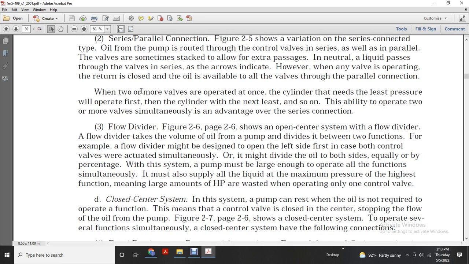Flow divider: Figure 2.6, page 2.6, shows an open center system with a flow divider taking the volume of oil from the pump and dividing it between the two functions. In this example of the flow divider, when both control valves are actuated simultaneously with the motor, the oil is divided equally, by percentage. With this system the pump must be large enough to operate all functions simultaneously, and must also supply liquid at maximum pressure for the highest function, meaning large amounts of horsepower are wasted when operating